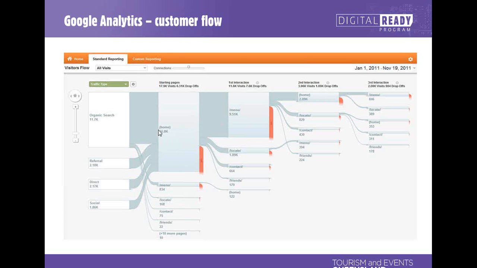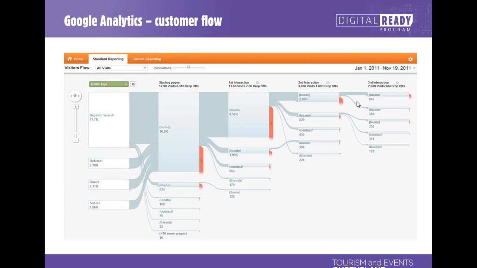Doesn't definitely mean that, and if you're getting something like this, the next thing I would do is test it and not panic and change it all around, get some evidence first. But what I'm looking at here is what paths people are taking through my site. Are they going where I'd like them to and expect them to? Ideally, you'd want them to go home, information about your product, booking or inquiry form, thank you, in that kind of order.